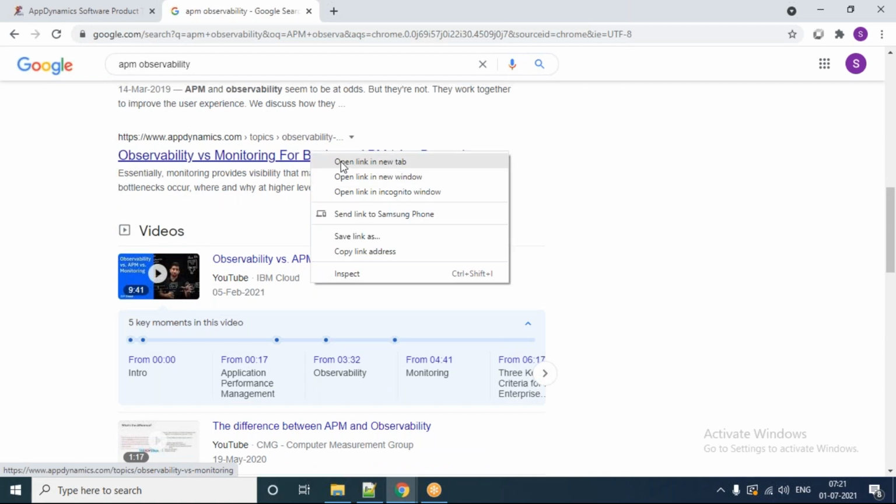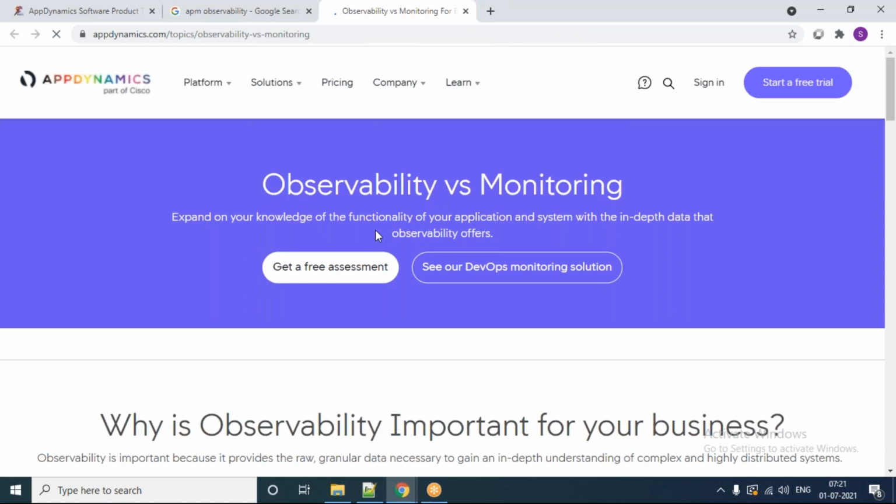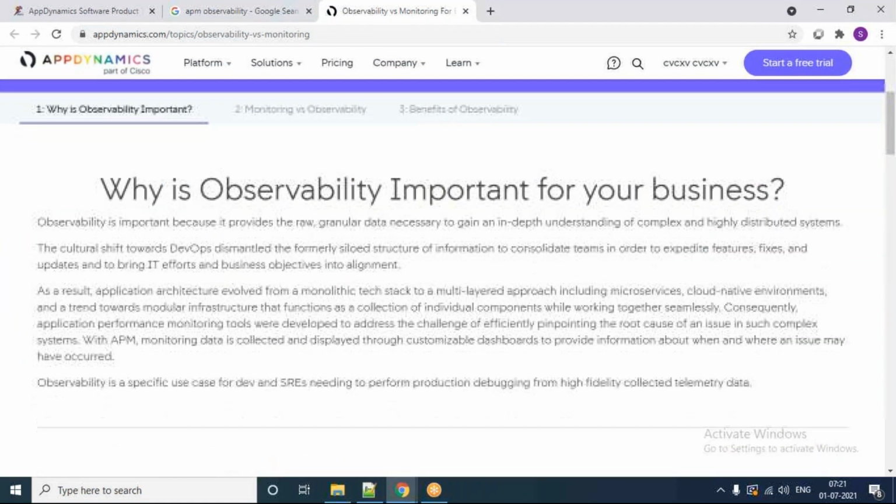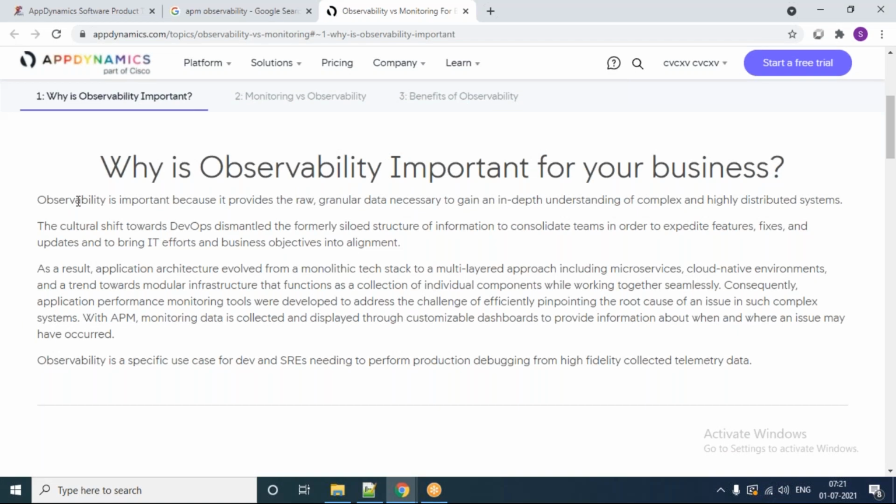Every tool vendor nowadays is going from a traditional, monolithic or very straightforward approach to a different standpoint. Now you can see observability is important because it provides raw, granular data necessary to gain an in-depth understanding of complex and highly distributed systems.